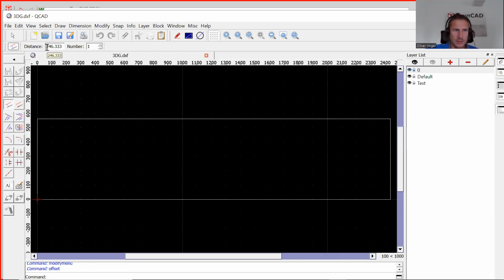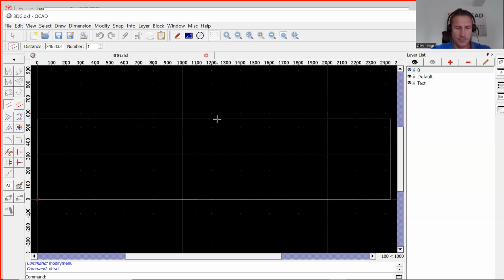Now we have here the distance 244.83 plus 1.5, it's 246.33, and we want to have the distance here from the top edge in this case. And from the bottom and top we want to have the distance of 565.5,